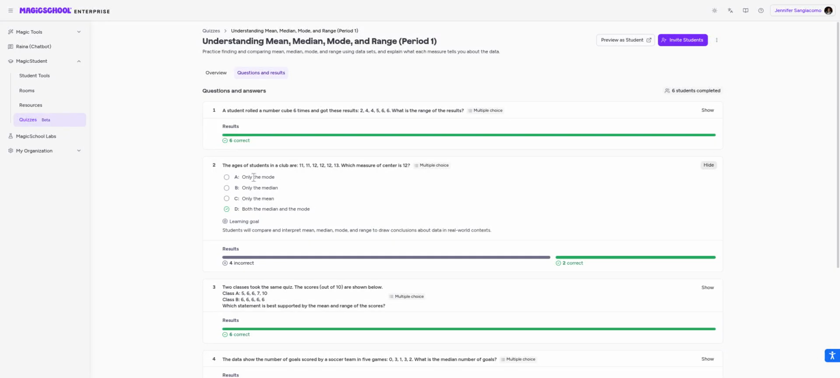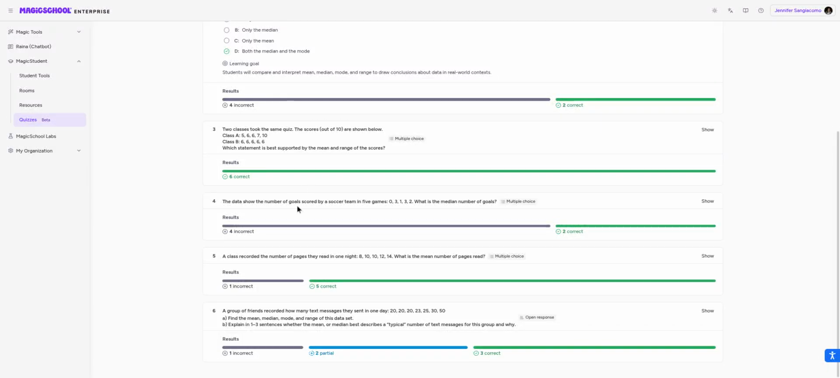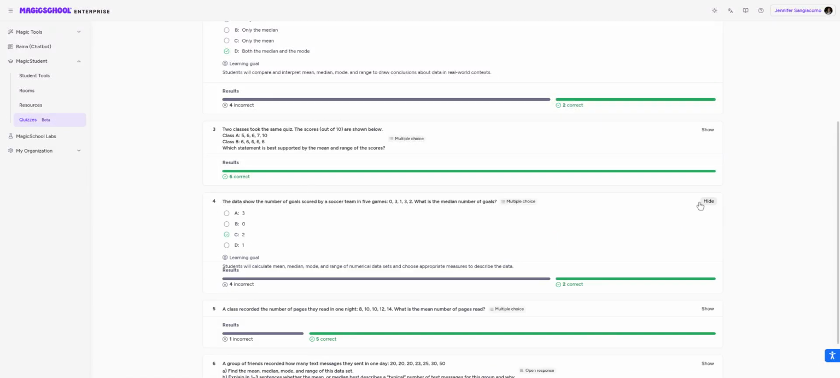Chances are for this, students probably didn't read all of the answer choices. They probably thought that mode was the correct answer, and it was. So they just pressed A and moved on. They didn't also realize that median was the correct answer. All right, for question 4,